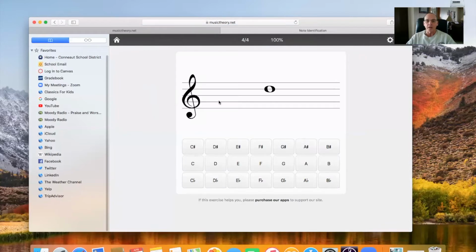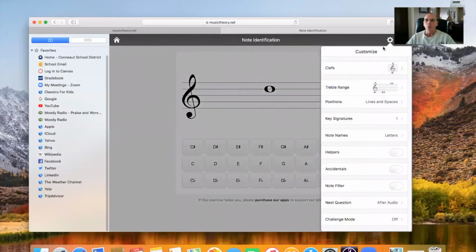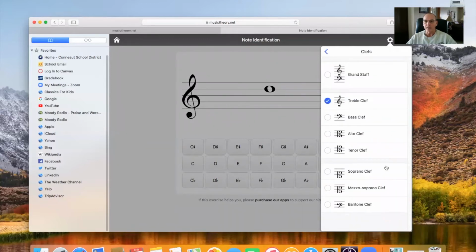And as it opens up, it's just going to carry you through and quiz you on a lot of different note names. Treble clef, staff, fourth line on the staff, we have a whole note. If you want to change any of the settings, you would use the settings button right up here. It's a gear right next to my picture. So you would click that open. And as you open that up, you have all of the different options to change. So you could change the clef sign by clicking on this, and you could pick any clef that you wanted to work with,